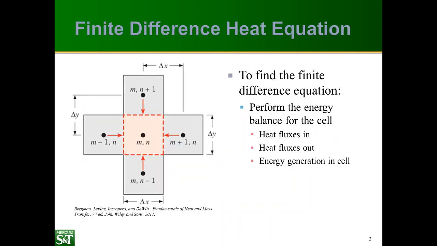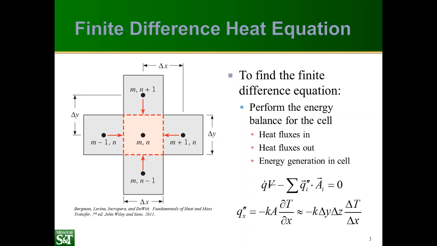Now, when we look at these equations, we're going to perform the energy balance for the cell. So we take the heat fluxes in and the heat fluxes out and the energy generation in the cell. So we have energy generation minus the sum of all the heat fluxes is equal to 0. This is the steady state equation. So we're able to neglect the time derivative that would show up on the right-hand side of this equation, and it's just 0. So we have to approximate the heat fluxes with the Taylor approximation. So we have kA dT/dx for the heat rate in. And so we have k, the area is delta y, delta z, and then the gradient is delta T over delta x. So we're going to do an example of this